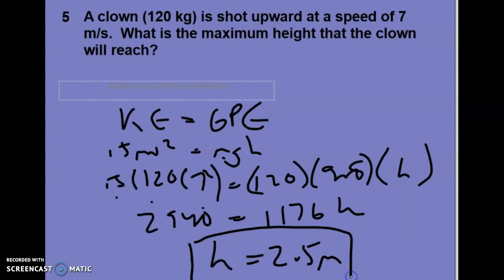Now I know this algebra is a little bit challenging. You're going to be all right. I'm almost out of time here. So what we'll do is I'm going to ask you to do problems numbers